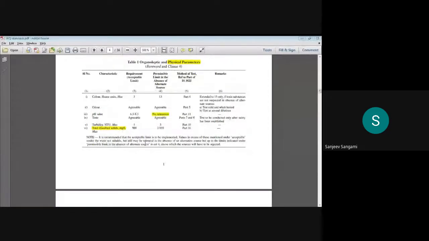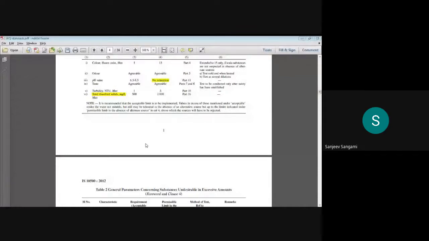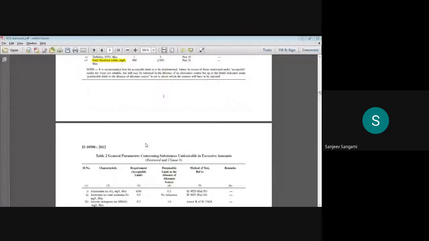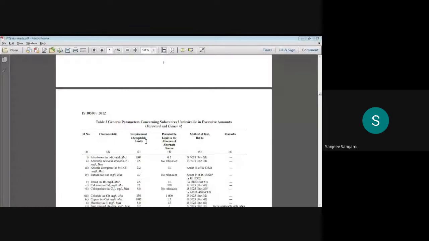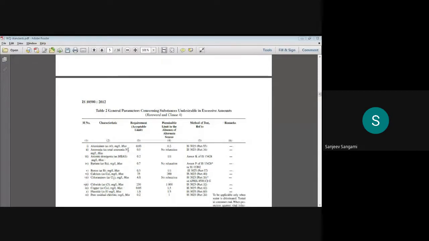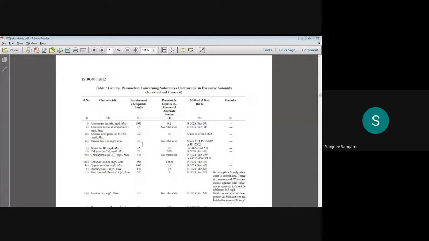So first, whenever they make any test, the dosage or requirement is always tested on the mouse, because our human body nature and the mouse are almost similar. Even for some of the corona testing, initially they started the dosing through the mouse itself. Okay, similarly, this is Table 2. It represents the chemical characteristics.